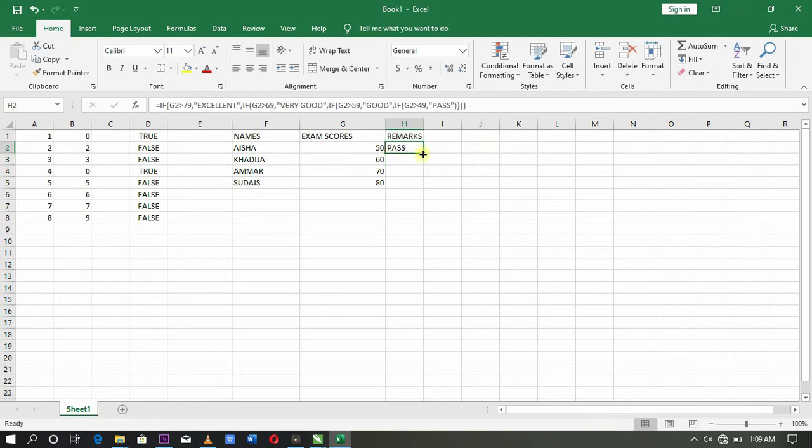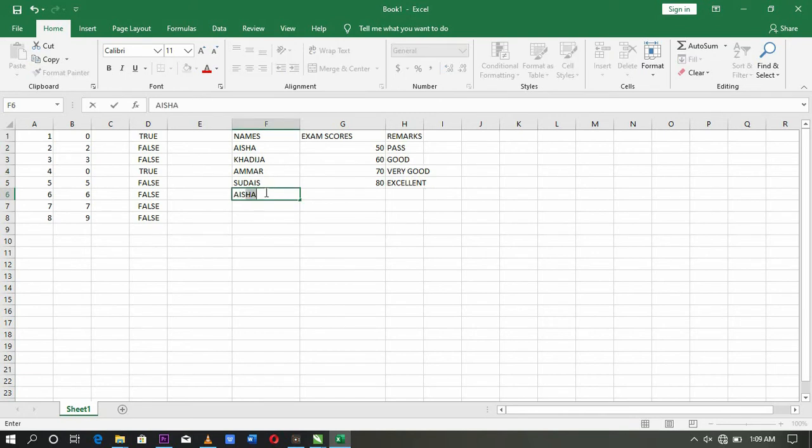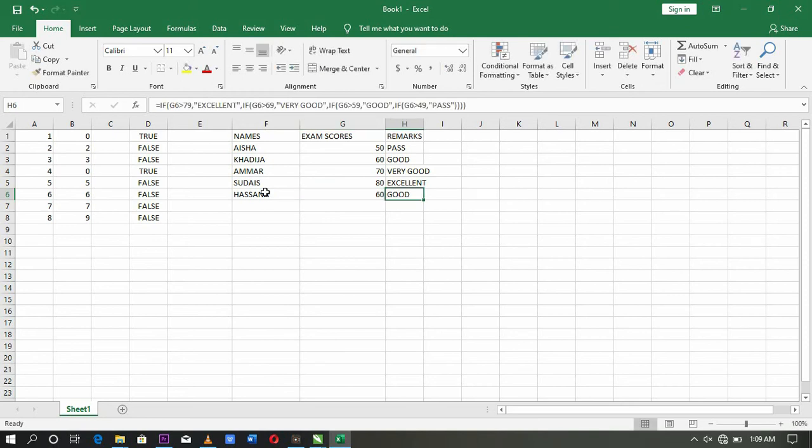Now when you scroll down, automatically you generate other values. Pass, good, very good, and excellent. Take for example, you have another student, Aisha. Let's say Hassana, for example, Hassana scored 60. What happened? You see, automatically you see good. Then